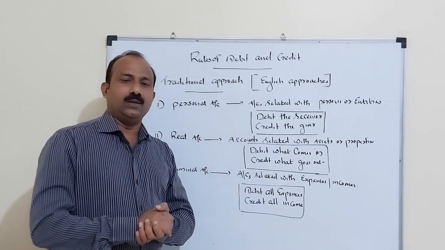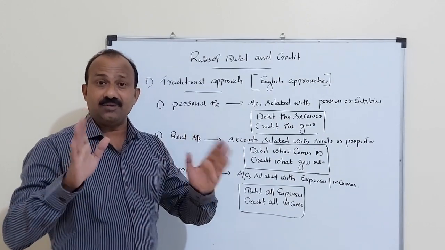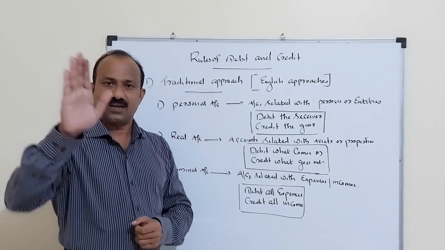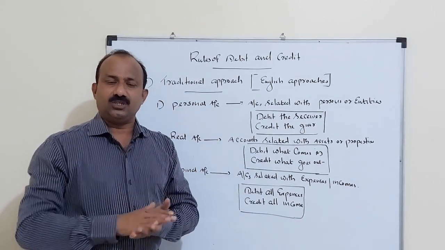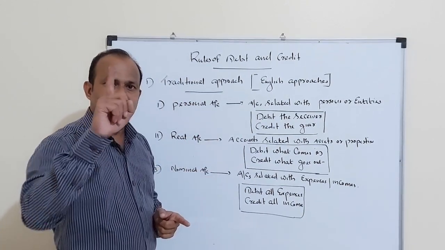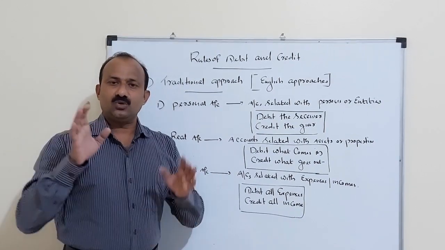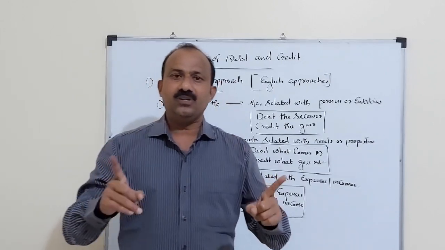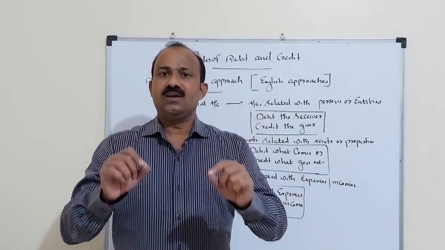Simply, somebody is saying debit and credit means debit what comes in, credit what goes out. No, the exact meaning is different. Debit and credit show increase or decrease in accounts. So in order to study debit and credit clearly, you should understand which account it is, whether it is related to personal, real or nominal. So in a simple sentence we can say identification of the account is the most important part to study the rules